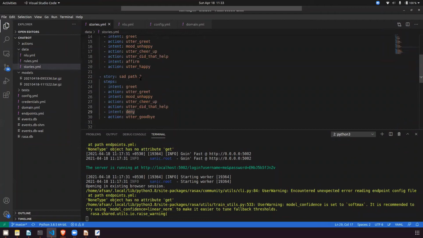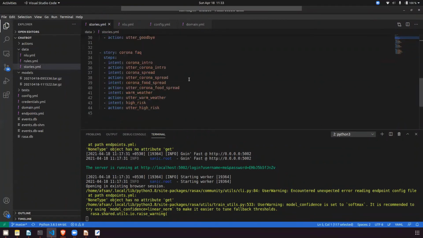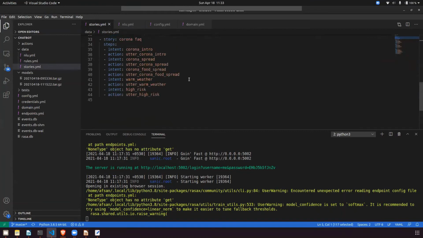So you can see in the first one, if someone is greeting you, then the mood is unhappy. Then you set the cheer up message and it will deny or accept. This is the first path. This is the second path. So you have to define the path also to get a proper output. Everything you have to take care of. An AI model is not a human, so you have to give everything behind the scene.